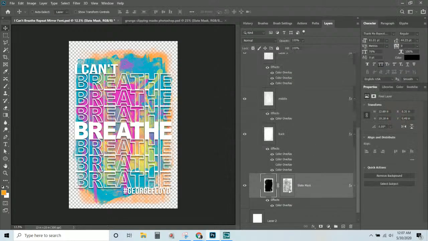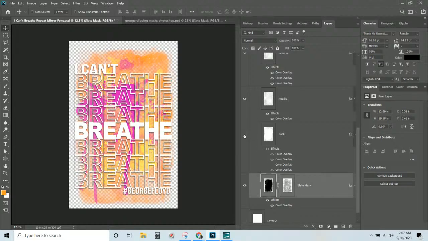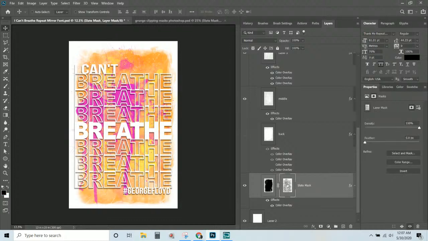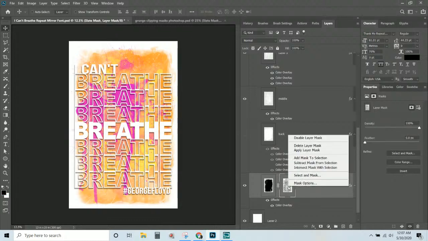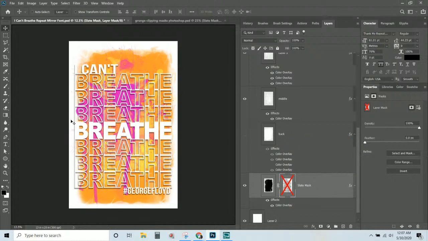And what I want you to know for this back layer, I'm going to turn this one off for just a second so you can see, and turn the white on. So I want you to see that I have a layer mask on this background layer. And what that layer mask does is it makes it a little more transparent, kind of makes it look like concrete. So I'm going to disable the layer mask there, and then you have the full mask effect. So if you want it to really be full color, full fledged, that's what you'll do. And if you want it to have that watercolor-esque vibe, then you would add the layer mask to the slate layer. So this in and of itself is a way to really play with this,